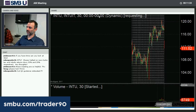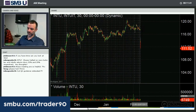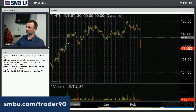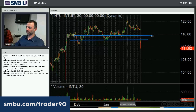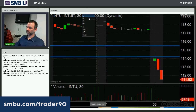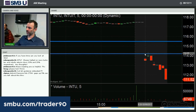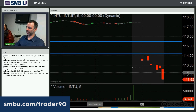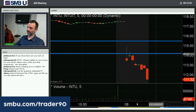Let's look at the 30-minute. So the initial gap down was kind of in the support area. No volume, normally does 900,000. We could be looking at 4 to 5 million shares today. So, kind of same thing yesterday as Sabre. If you get the spike right on the open to this area right here, look for sellers. But again, really bad guidance